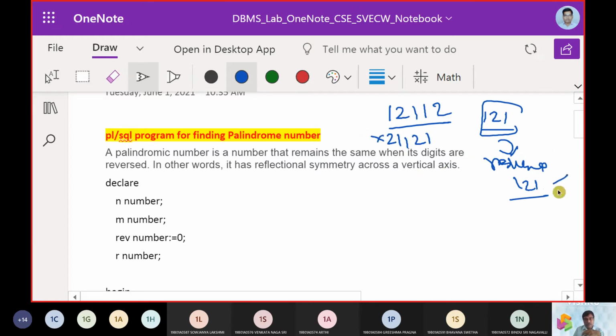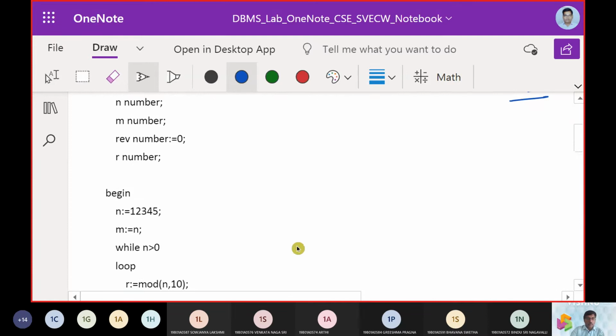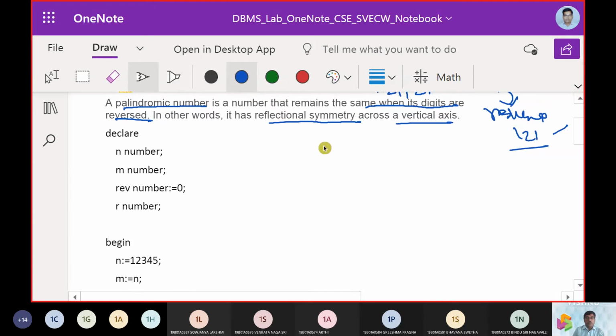But if it reads the same when reversed, then it is a palindrome. So what we call reflexive similarity is what makes it a palindrome. A palindrome is a number which remains the same when its digits are reversed. So I am reversing 1 2 1, and the reverse of the number is 1 2 1 here.